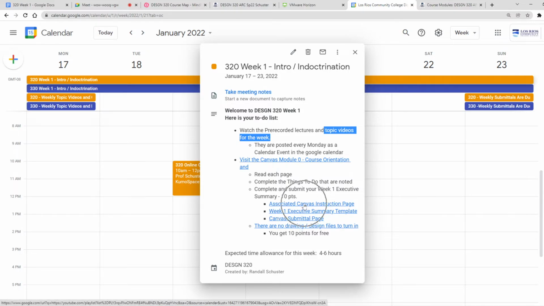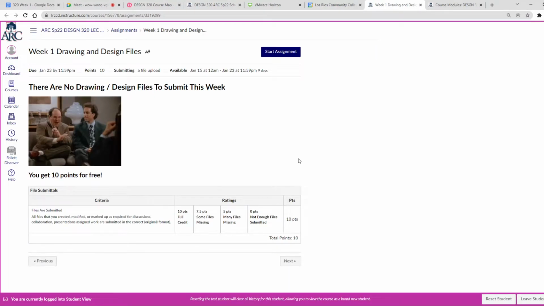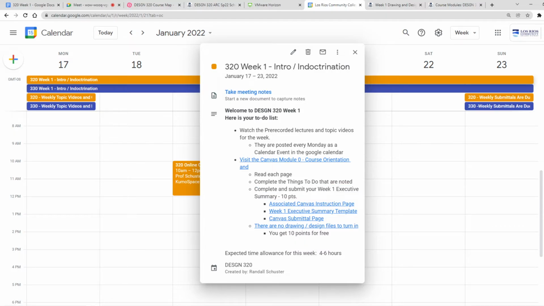Here's your associated Canvas instructions page for submitting your executive summary. Canvas submit, and there are no drawings or design files, so you get 10 free points. That's really cool. I'm starting off right, giving you free points.